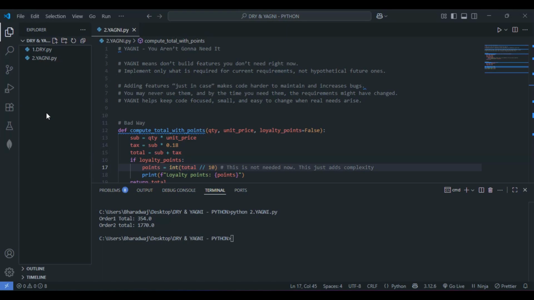Now we have discussed DRY and YAGNI. Next, we'll be discussing the SOLID principles, and we are done with the OOPS concepts as well. After that, we can solve some good LLD problems, about 20 to 30 or 30 to 40. Every day we'll go with one video, as I've said. Next, we'll be going with the SOLID principles.